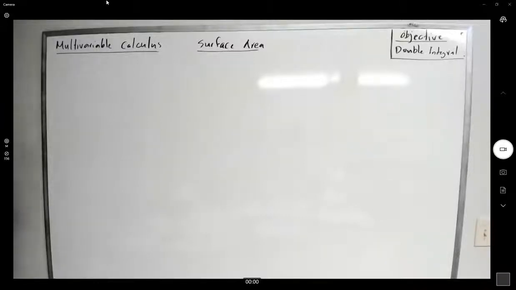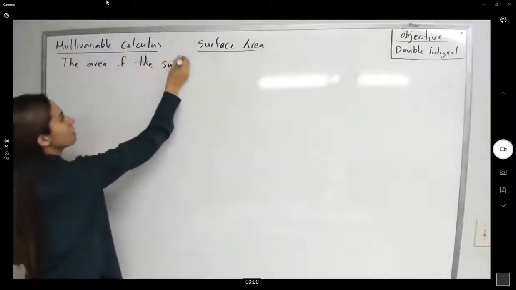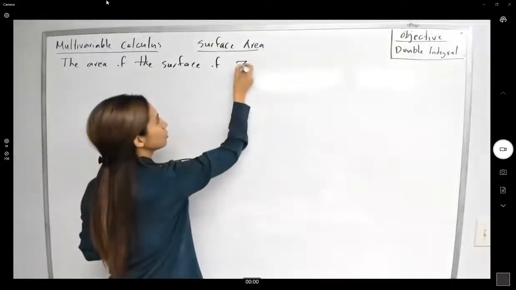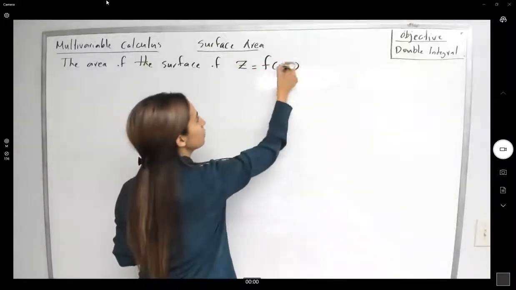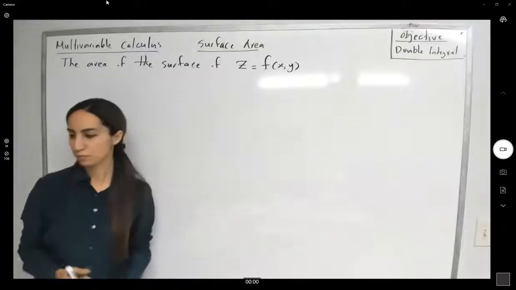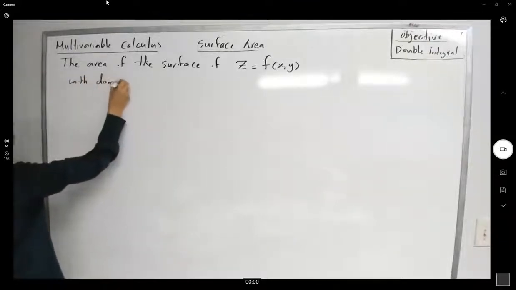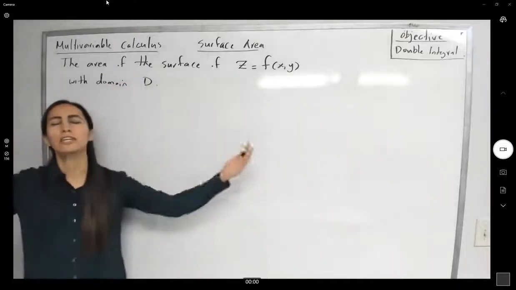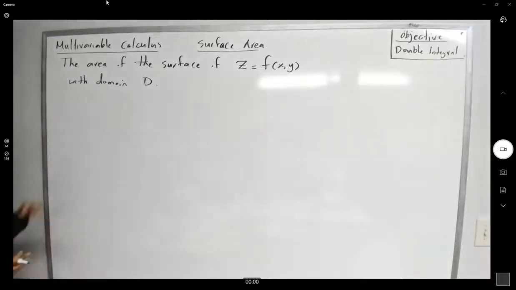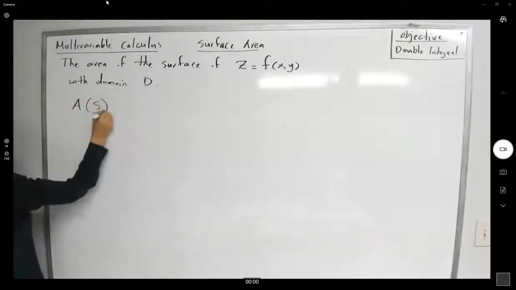The area of the surface. Suppose you have a surface defined by function z equals f of x and y, and we're interested in finding the area of that surface with domain V. Remember that we're dealing with the domain, the collection of ordered pairs that the function is defined on. Then the surface area is equal to